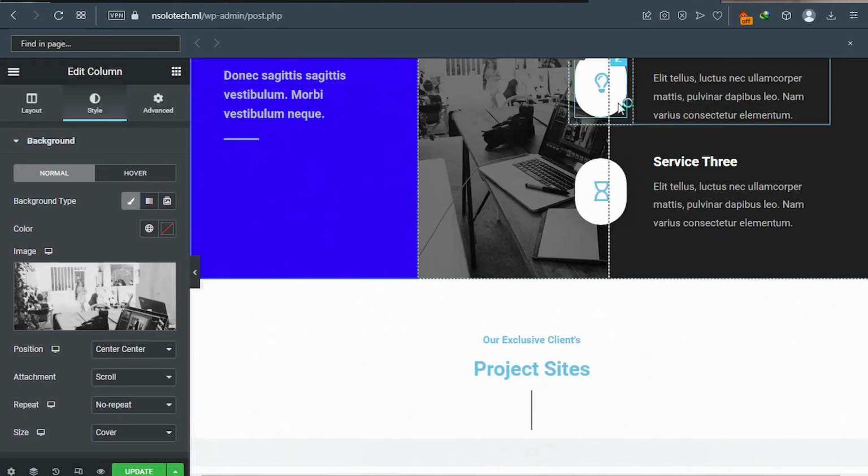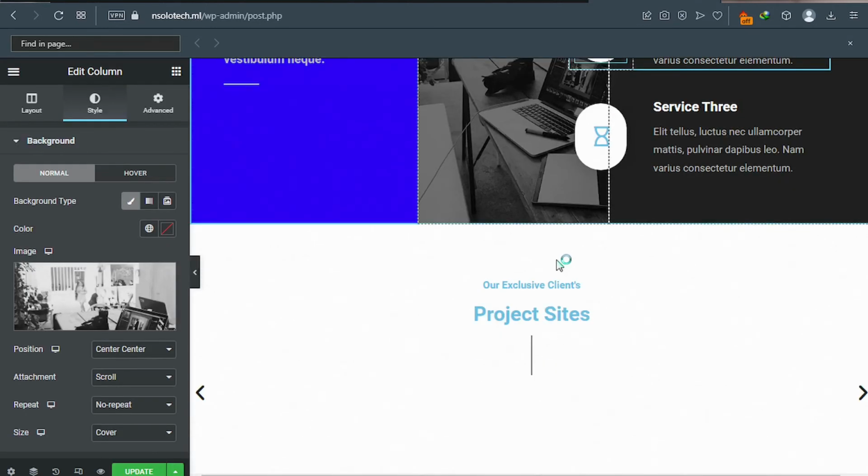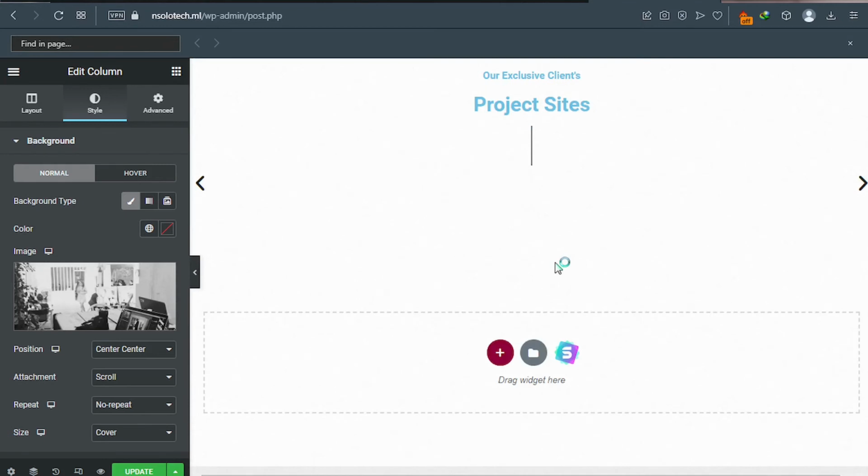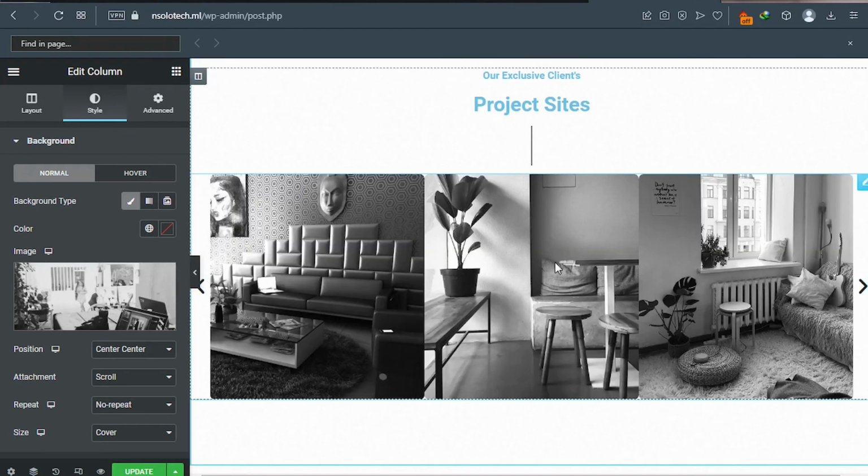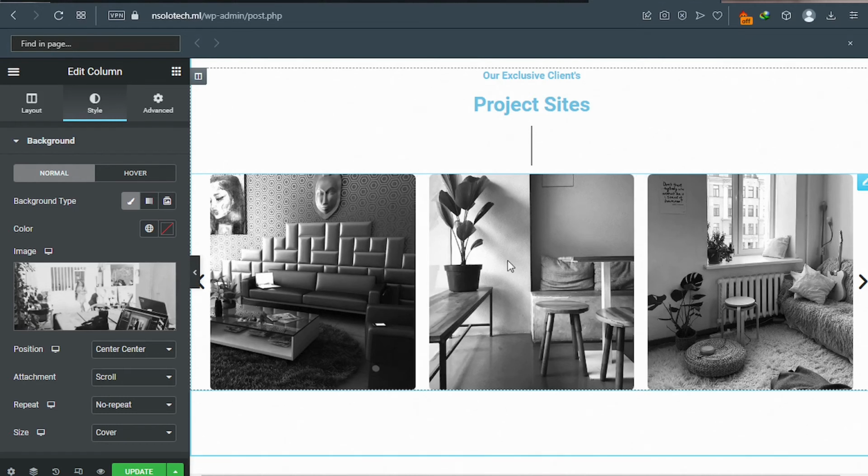And as you can see, the block has been imported with the text and images. So let's say you want to change these images to your own images. How do you do that? To change these images, you simply have to click on this pencil icon. So click on it,